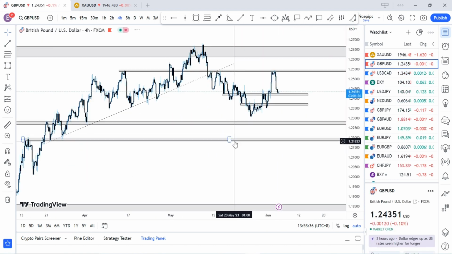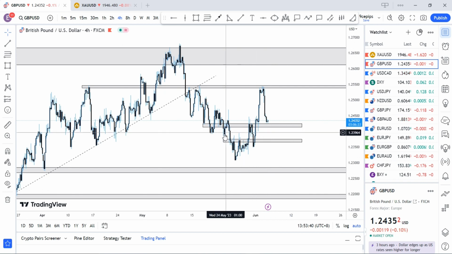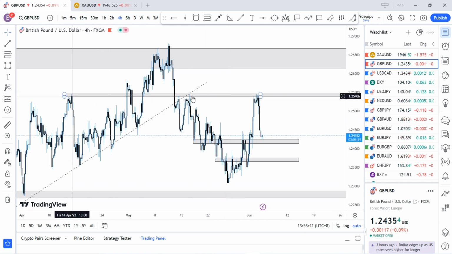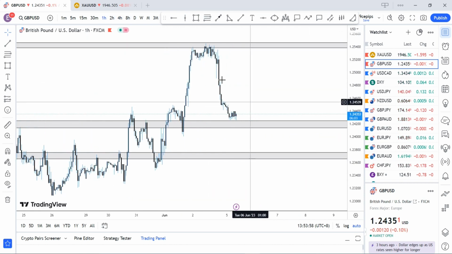On pound USD, similarly, we have kind of the same structure as gold. The analysis here is looking pretty clean. What I'm anticipating going forward is a pullback from this region to probably even the whole of 124.42, but I'm looking for price to probably just go for the 50% retracement level.